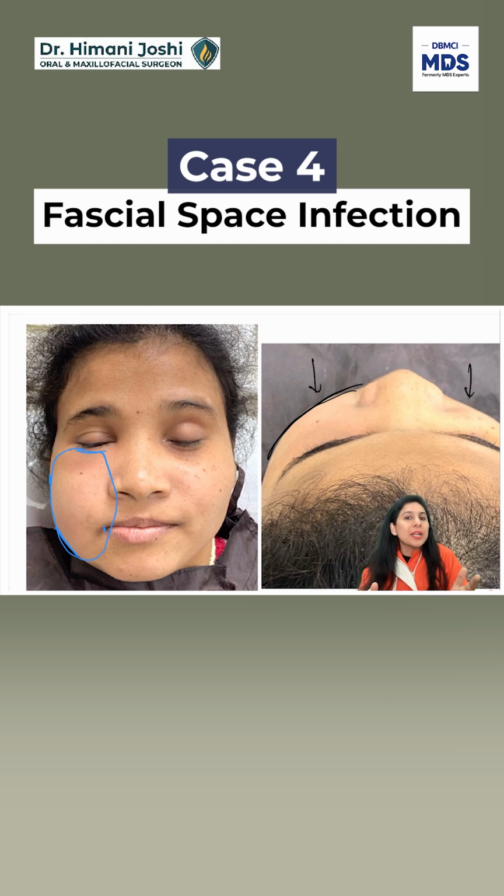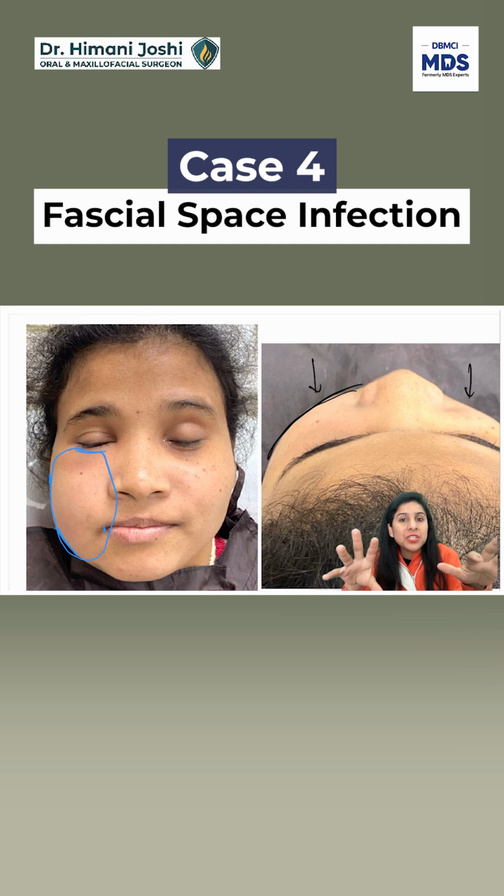Okay, now how is it important? Why do we need to treat it? Because the buccal space has a lot of important structures like the parotid duct, the anterior facial artery and vein, the transverse facial artery and vein may be found here, and the buccal extension of the buccal fat pad is present there.